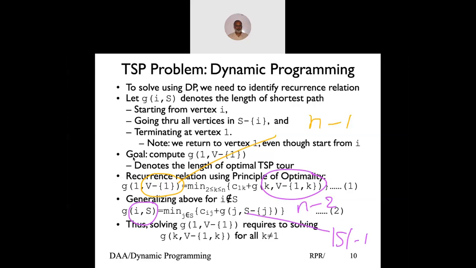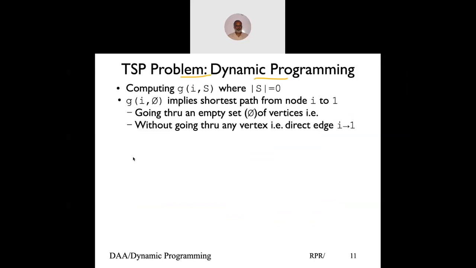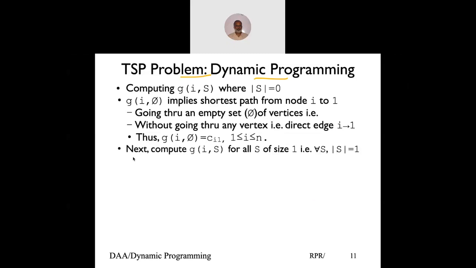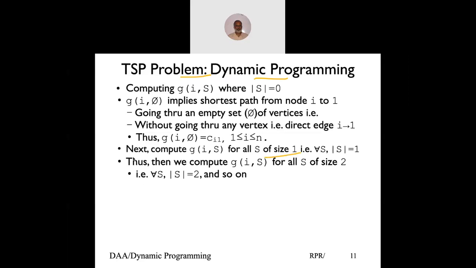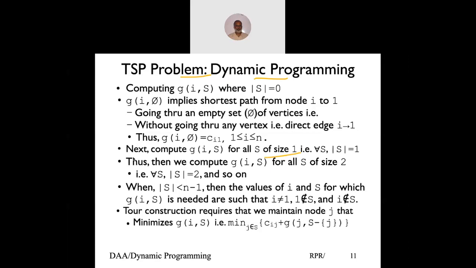So we keep reducing the set sizes. We start with a set size of 0, which is the empty set, then set size of 1, then set size of 2, and so on. So first solve this equation for set size 0, then for set size 1, then set size 2, and so on. Once we do that, we finally solve the problem for n minus 1, and we'll get the answer. Once we get s equal to n minus 1, we'll have all the values, and using dynamic programming, we'll find the solution. So we'll look at an example, slowly build up the case, and see how it really works out.